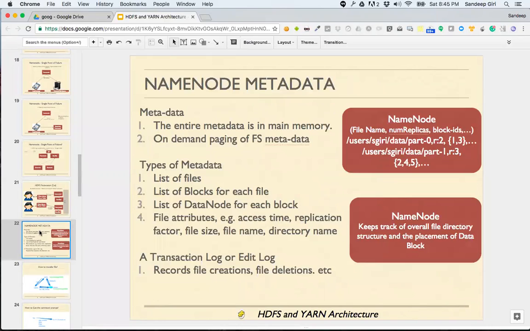All right, so a quick refresher on the metadata part. The metadata that we call is nothing but the name of the file, because data nodes do not know the name of the file. They know only the block ID. Every block gets a block ID, and the data node contains only that.